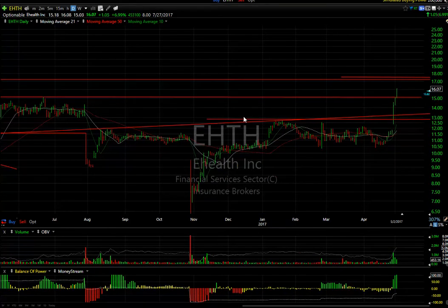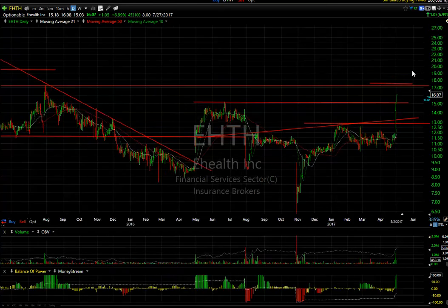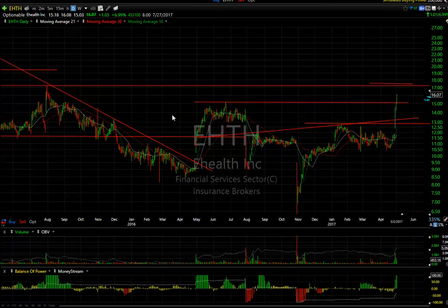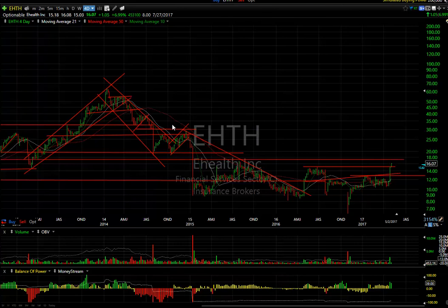EHTH has been running wild, and this stock has gone vertical from 10.5 to 16 just in the last week. But this massive left shoulder, head, right shoulder, inverse head and shoulders is calling for a much bigger move on a longer term basis. Looking at the chart this way, you can see that this stock had come way down